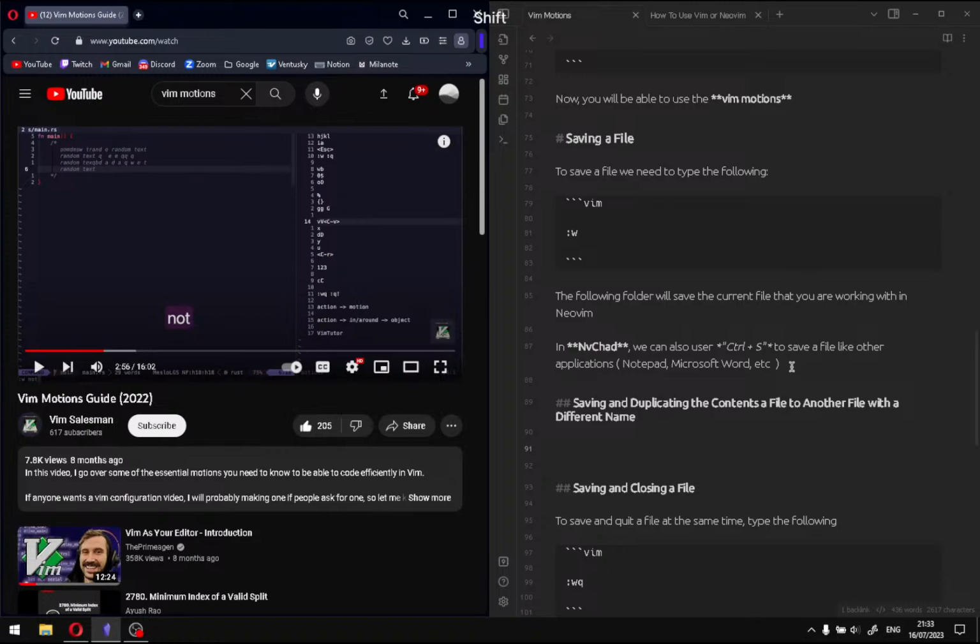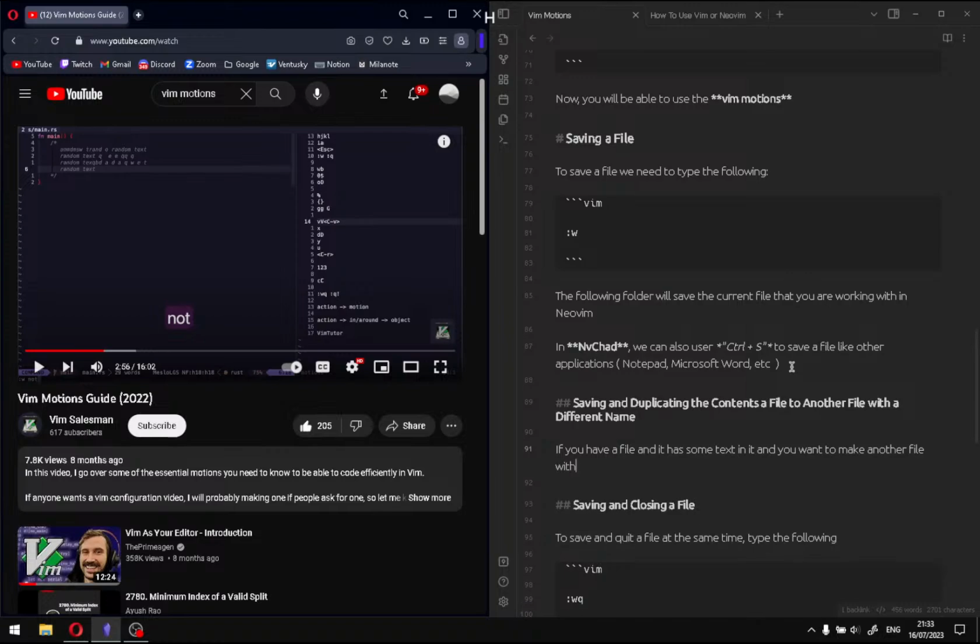So if you have a file and it has some contents, some data, some text in it, and you want to make another file with the same content as the original file, but with a different name,